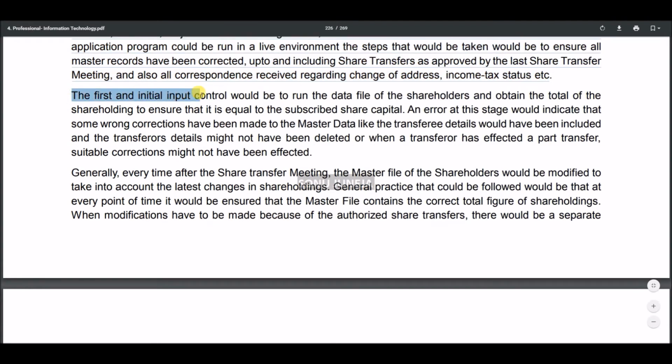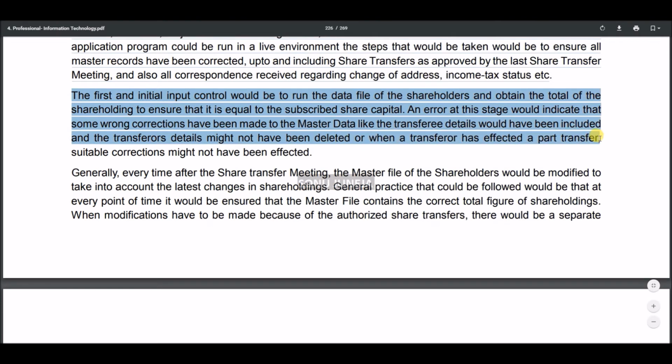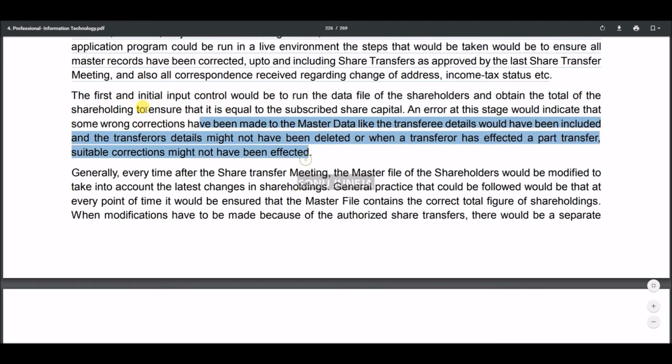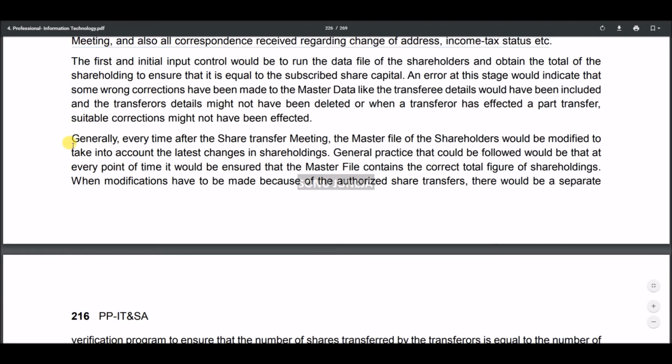The first and initial input control would be to run the data file of the shareholders and obtain the total of the shareholding to ensure that it is equal to the subscribed share capital. An error at this stage would indicate some wrong correction has been made to master data, like transfer details would have been included and the transfer detail might not have been deleted, or when the transfer was effected as a part transfer, suitable correction might not have been effected. So these are certain situations and scenarios which can happen. So there is a need for the information system to get updated